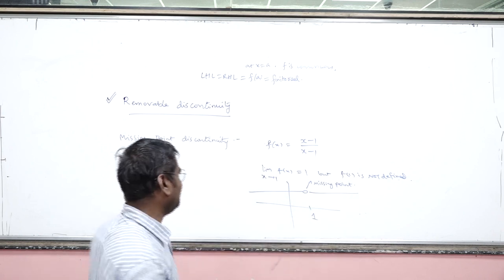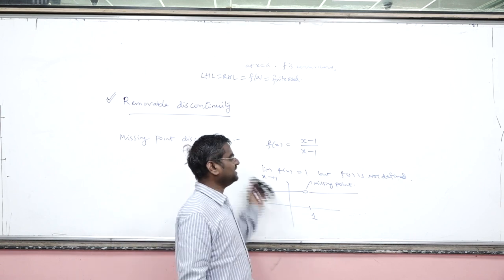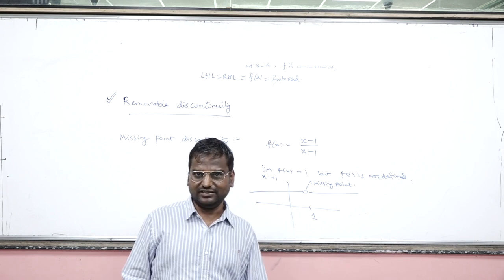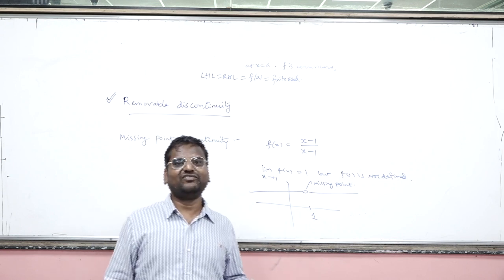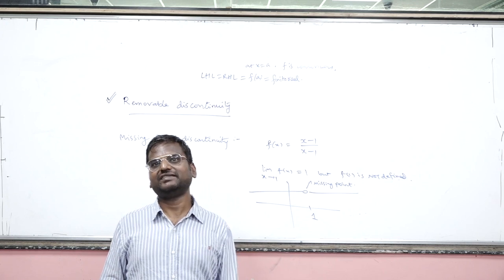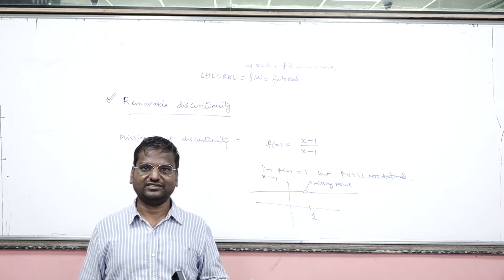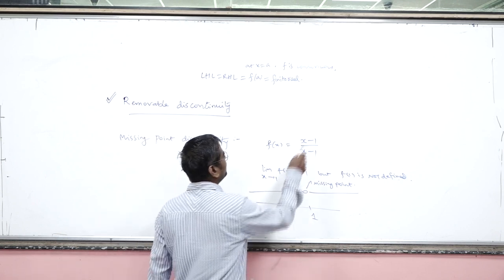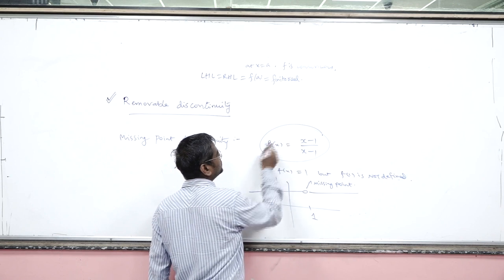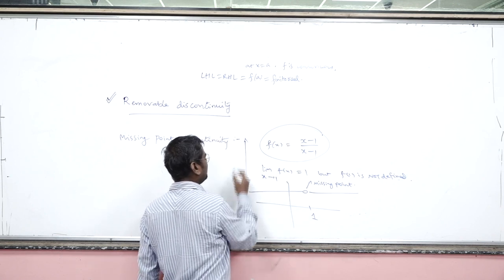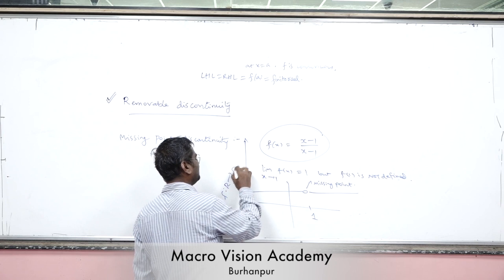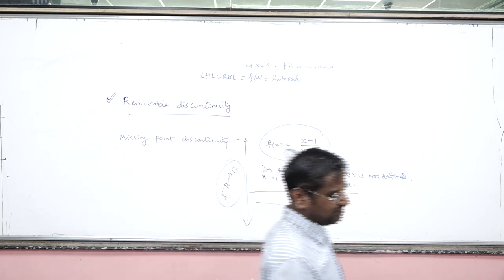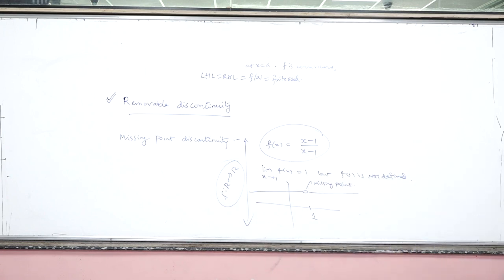So if f maps R to R, you can say that this function definitely has what type of discontinuity? Missing point discontinuity. But the same function, if f maps R minus {1} onto R, is said to be continuous, because 1 has been excluded from the domain. Here, since I did not say anything, when they give you this question, by default they are assuming f maps R to R, and only then is this statement valid. That is what is called missing point discontinuity.